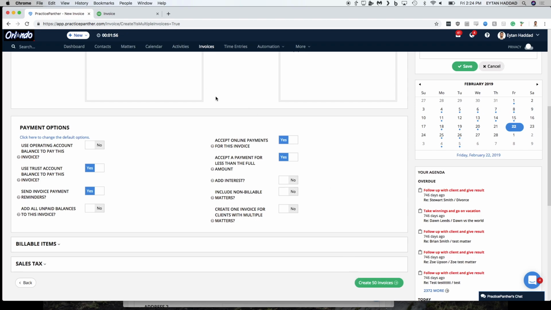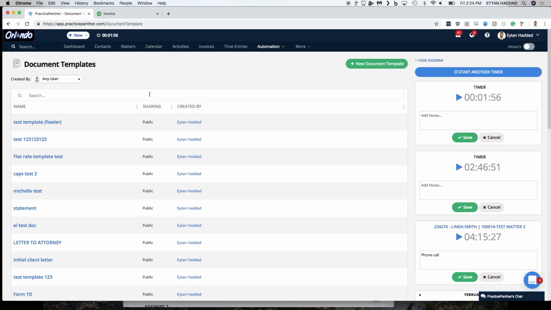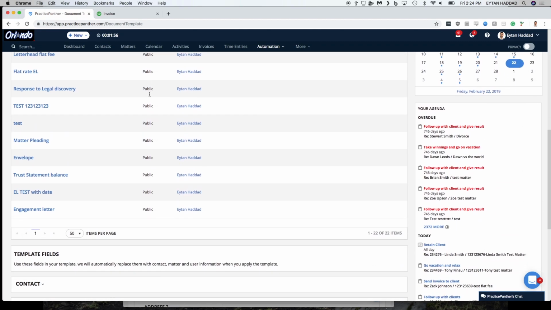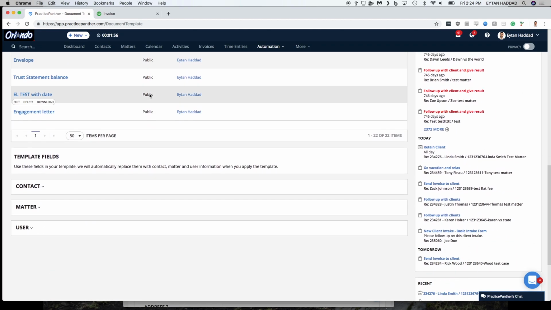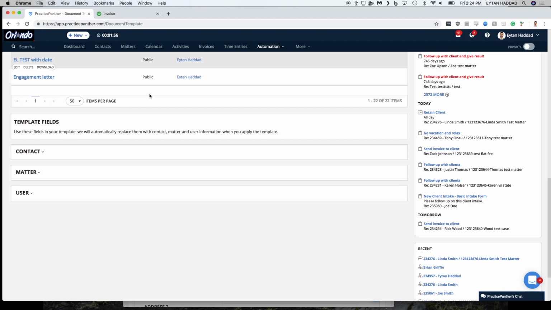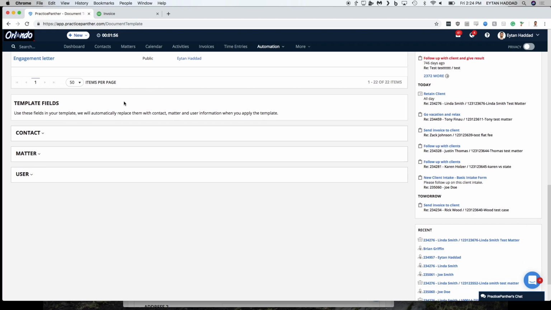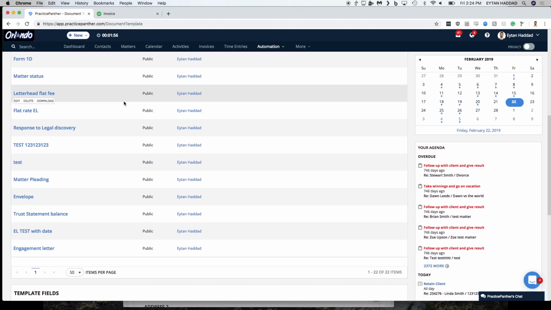So now, let's go to some more automation features. A really useful feature is the template function, because this allows you to upload your own templates into the software, where it'll allow you to merge client and matter information from the software and paste that right onto your template. So to show you an example of how this works,